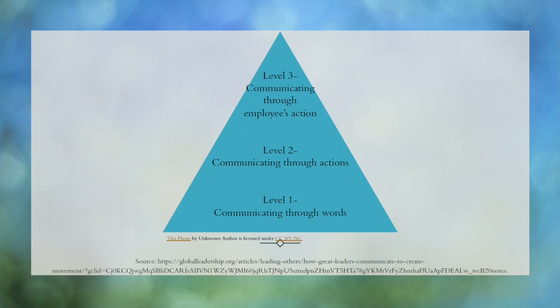And as you see here, it's built on 3 levels. The first one really was: an effective leader may communicate directly through their words. So they just say, okay, here's exactly what I want. XYZ. This is what's important. This is what we need to do. Which I feel sometimes is needed. Sometimes that base level is just what you need to do to get the job done. Let's give the information and move on.